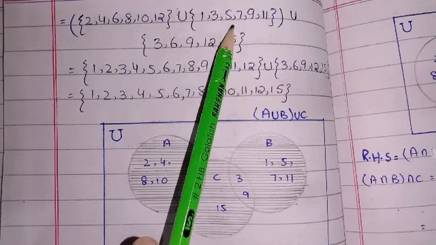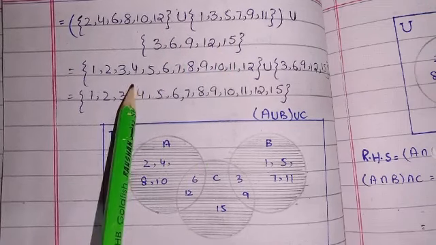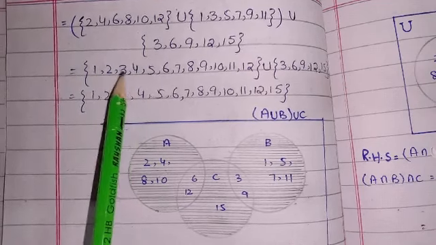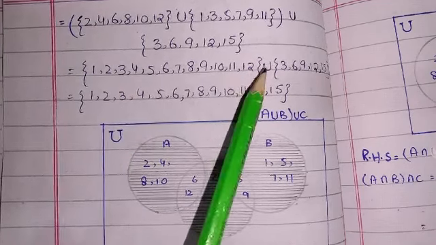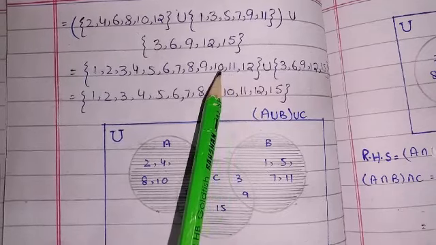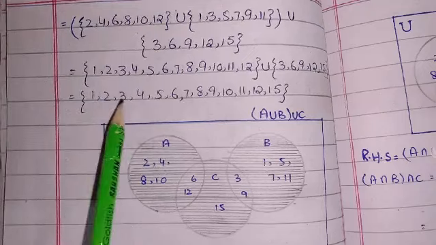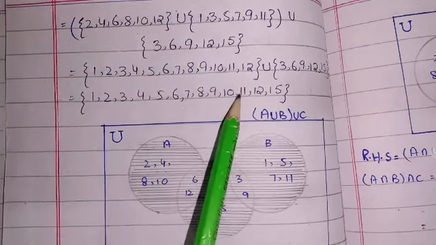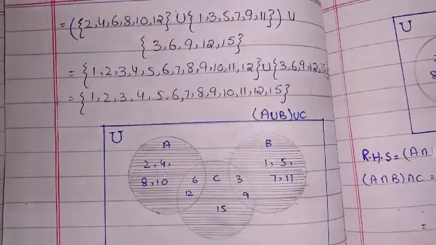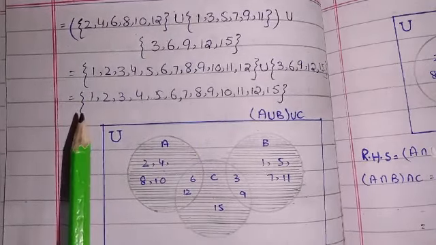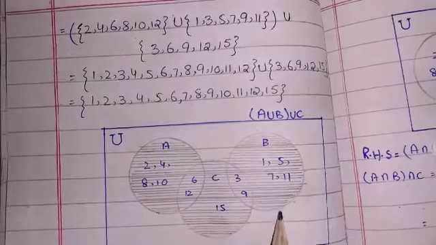After taking the union of both sets, we will have our resultant set containing elements 1, 2, 3, 4, 5, 6, 7, 8, 9, 10, 11 and 12. And when we take the union of the resultant set and set C, we get our set having elements 1, 2, 3, 4, 5, 6, 7, 8, 9, 10, 11, 12 and 15. Students, as you can see, this is the same answer as our left hand side, and the Venn diagram